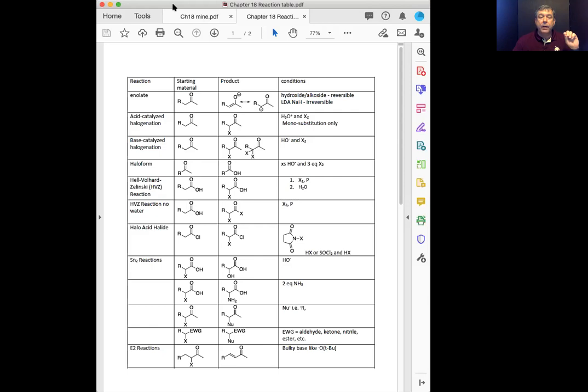Notice in this haloform reaction, we don't care about this side of the ketone, but we must have this methyl ketone here. So that's why the structures are drawn this way. And R can be anything. It can be structures, it can be,